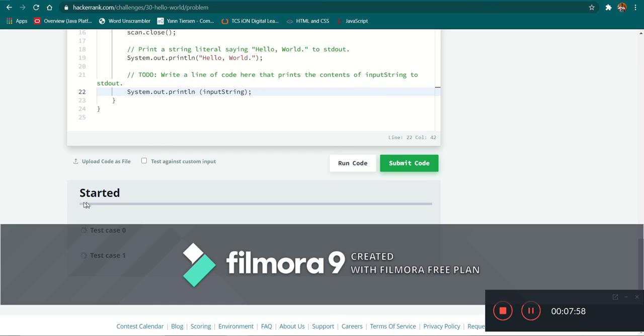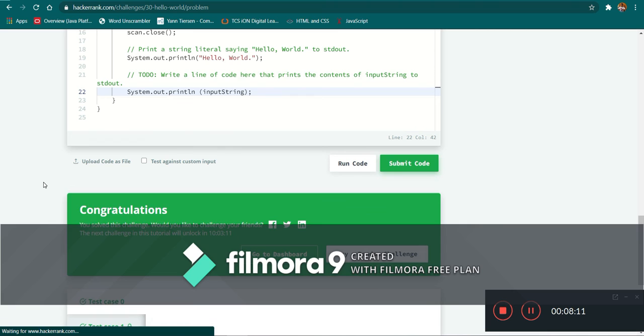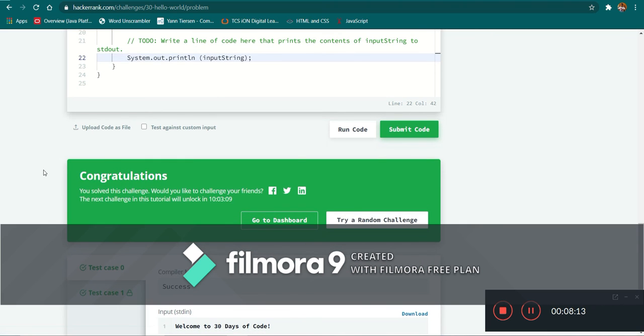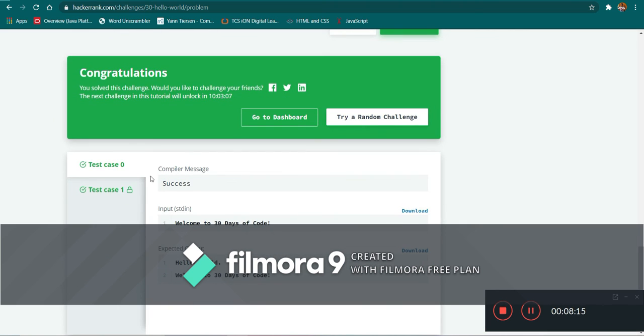After we click Submit Code, the HackerRank website runs our code against a number of test cases. If all the test cases turn out to have the desired output, then we can say that our program has a completely correct algorithm.